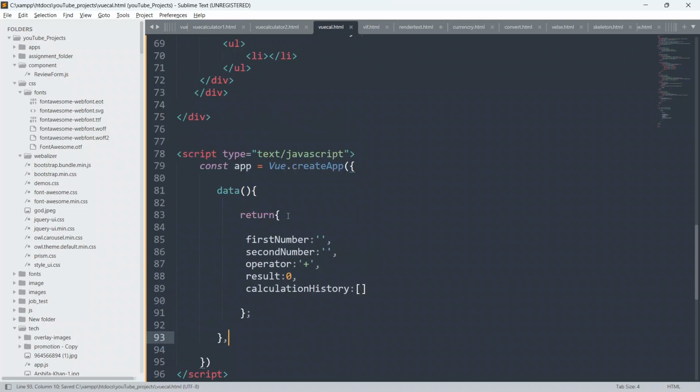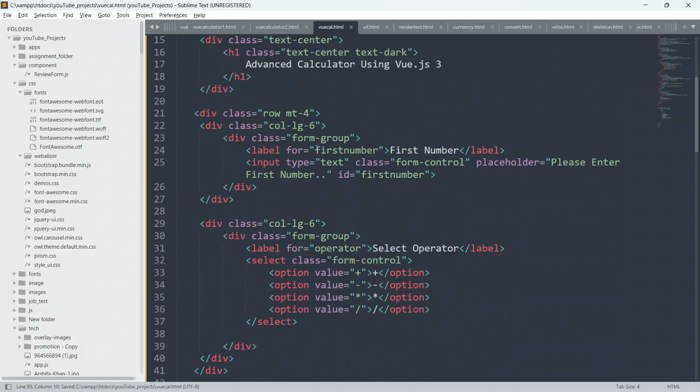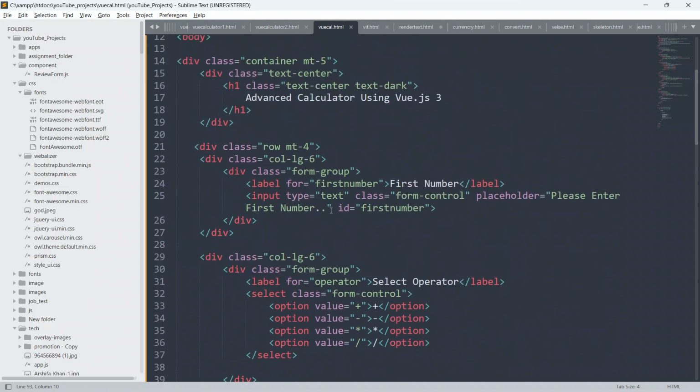So guys, now I am gonna use v-model on each and every input element. I have explained many times in my previous videos what v-model is. Guys, if you don't know what v-model is, it's a humble request, please go back and first watch my previous videos on what v-model is and why v-model is so important in Vue.js.